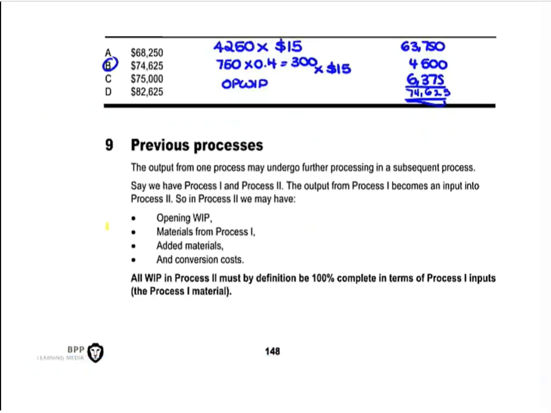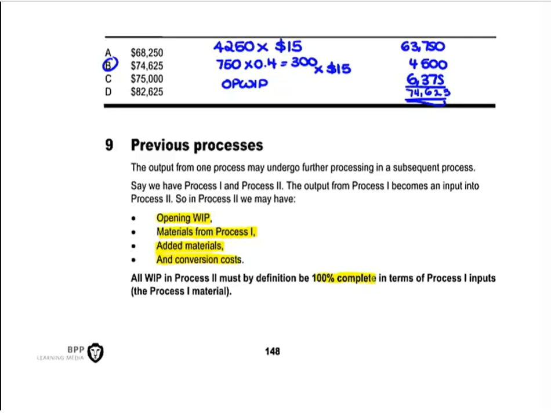If we've got output from a previous process which undergoes further processing in a subsequent process, we may well have an additional line. So opening work in progress, materials from process 1, added materials and added conversion costs. By definition, it has to be 100% complete in terms of process 1 inputs, the materials from process 1, before